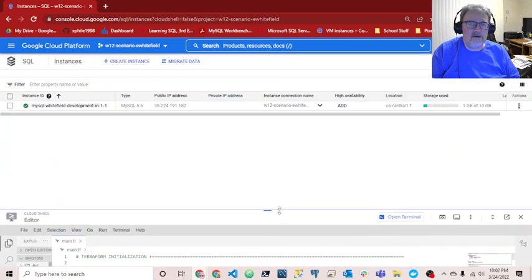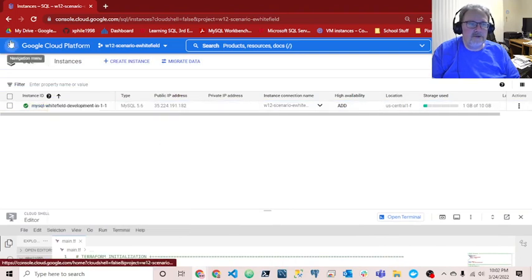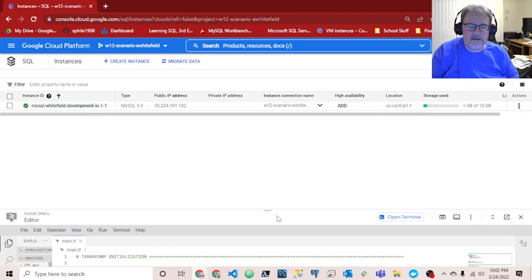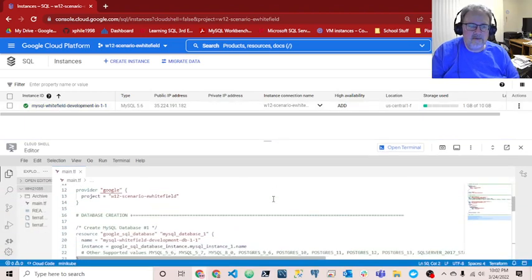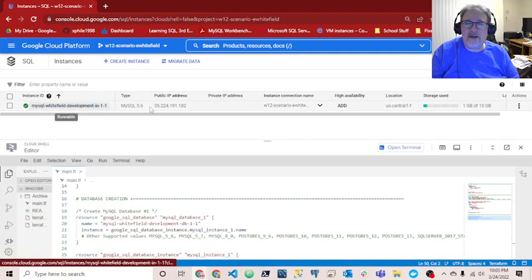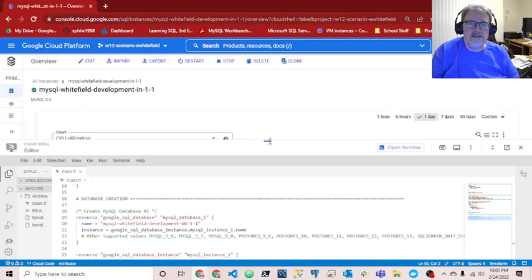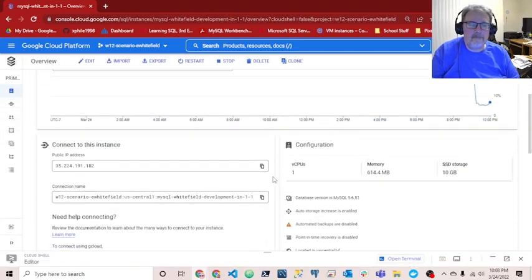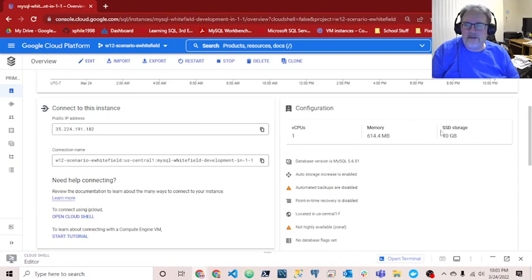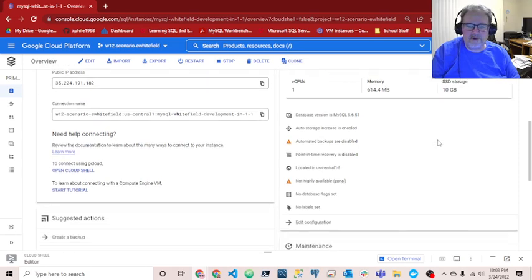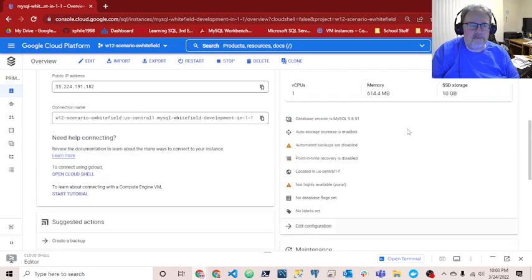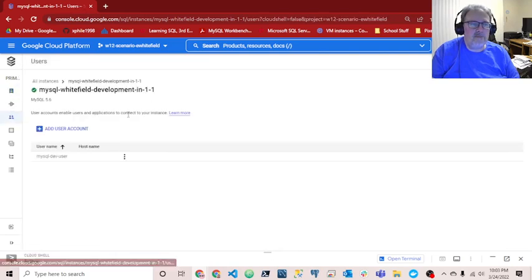You can see here that when I go to the SQL instances, the instance that I created was created at this address. If I click on this, you can see all of the different things that are available. It's been created correctly according to the minimum standards so that we weren't getting charged an overly huge amount. And if I go to the Users tab, you can see that there is the MySQL dev